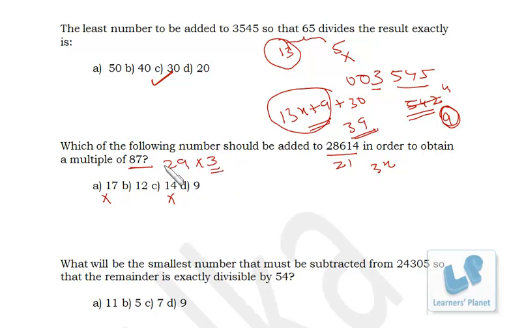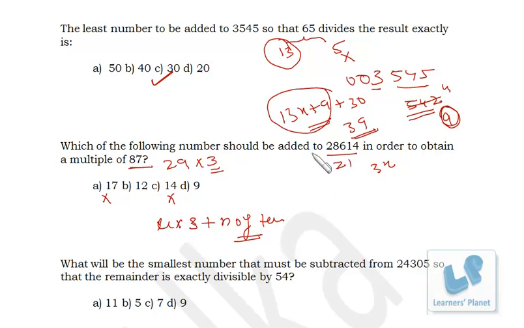Now we have to check for 29. Okay, now what is the divisibility rule of 29? The divisibility rule of 29 is unit digit into 3 plus number of tens, right? That should be divisible by 29. Okay, unit digit into 3 plus number of tens. Okay, if it is divisible by 29, then the entire number will be divisible by 29.